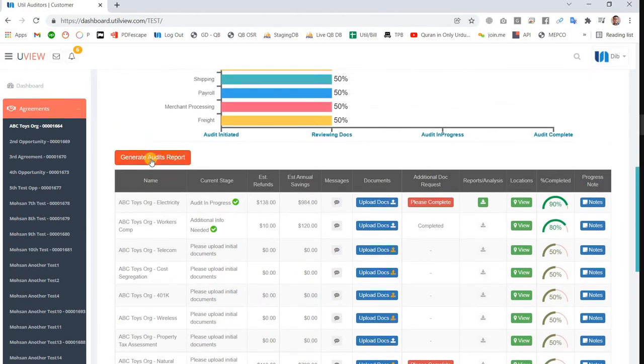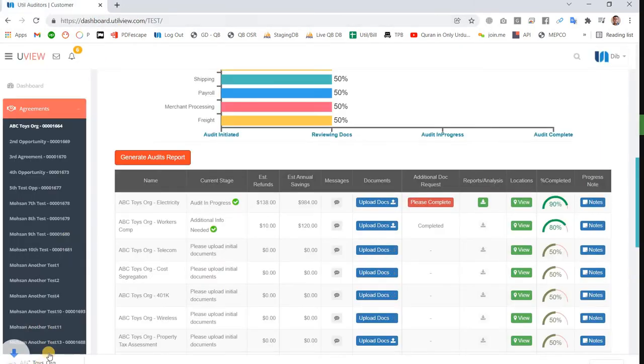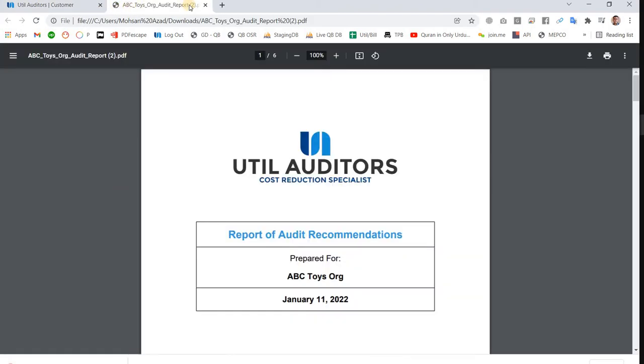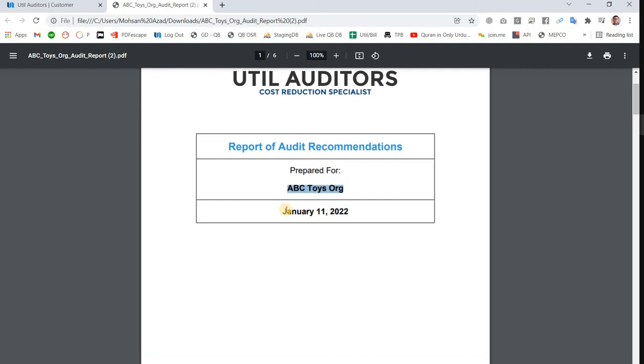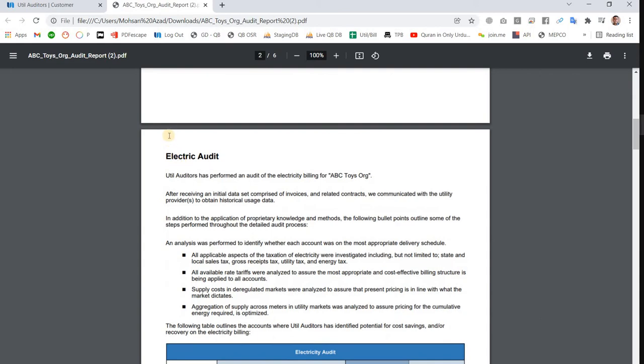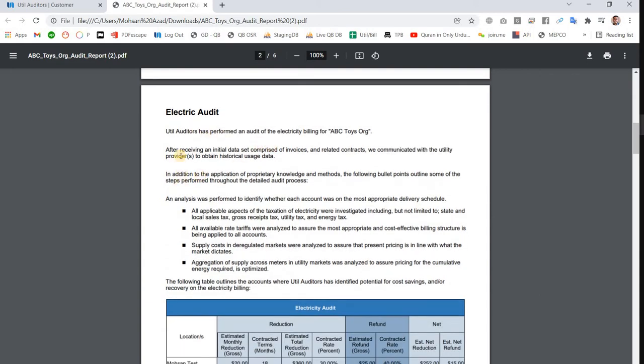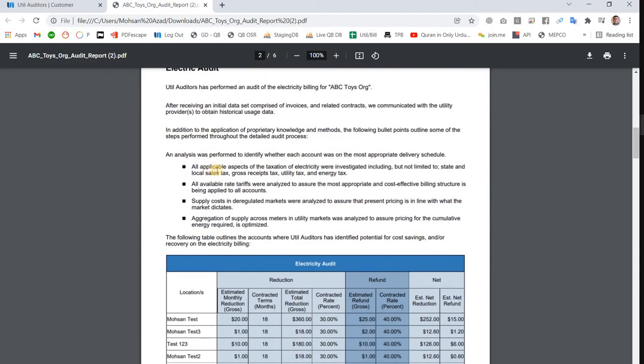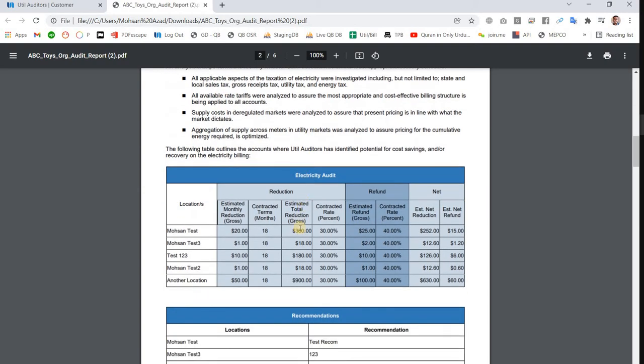So when I hit this, it will download a PDF with the company name, the date of generation when the report was generated, and here are all the paragraphs as Bill provided me in a document, and the tables.